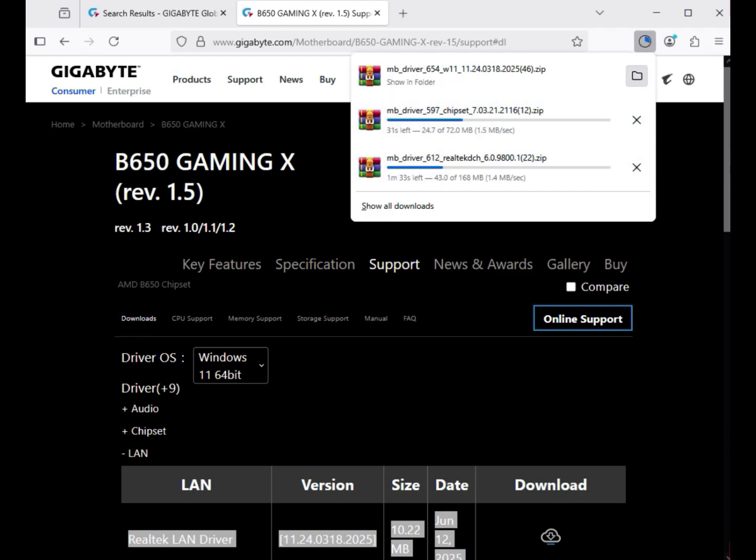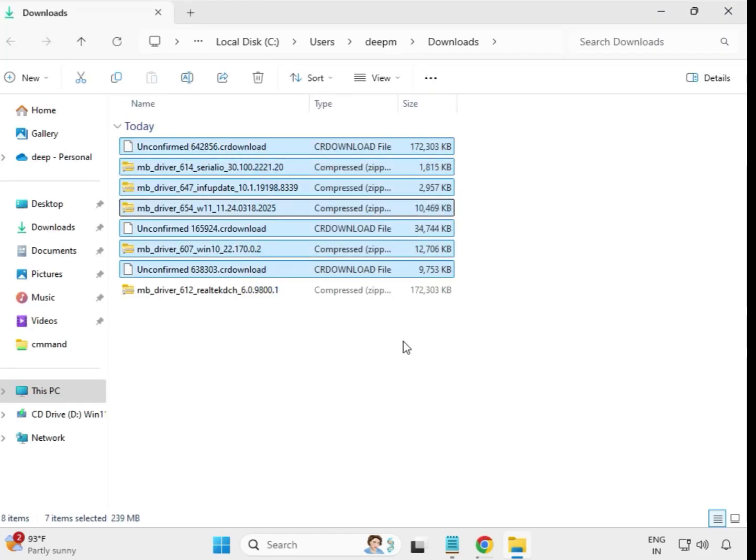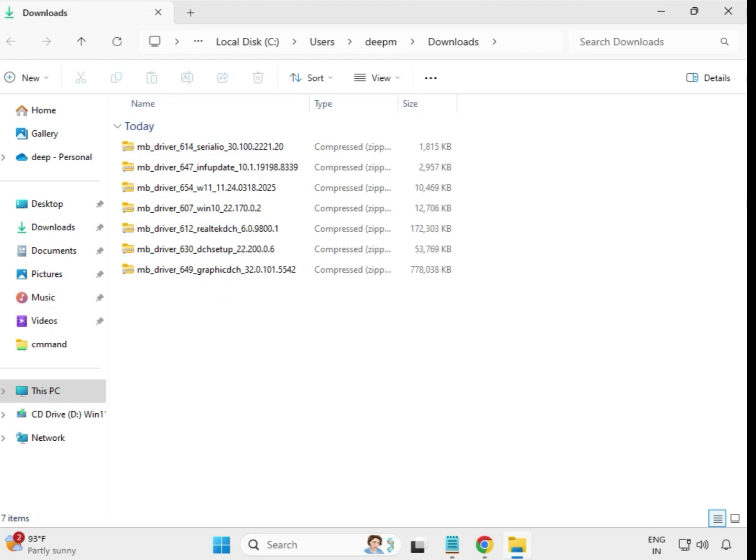It is completed. Click on this icon where it is downloading, it will open, and then I will show you how to install. So this is your driver, so wait for it to complete. So guys, it is completed. So first download all the drivers. First select this and right click